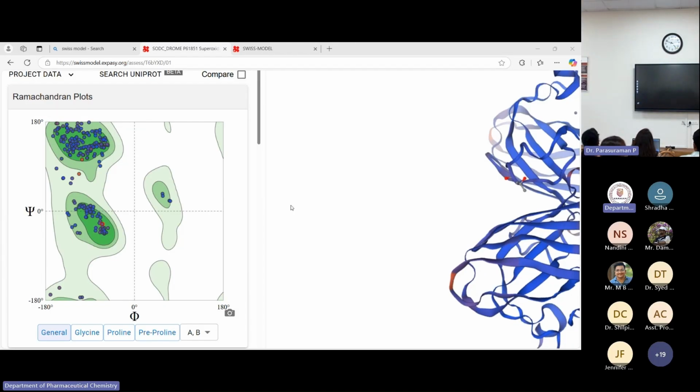So in this standard plot, where we can see the red region and yellow region, the more number of amino acids present in the red region is favorable for us. In Swiss model, they have